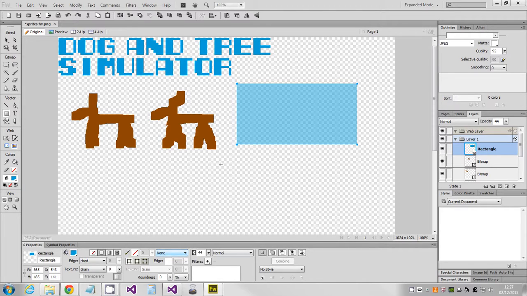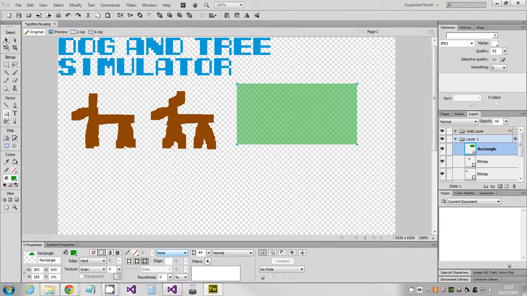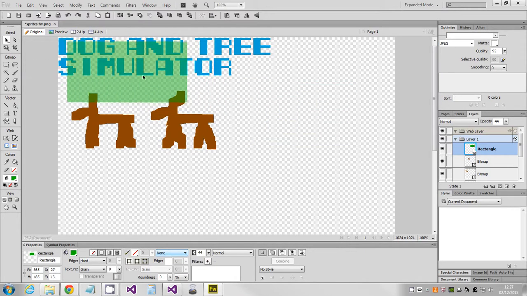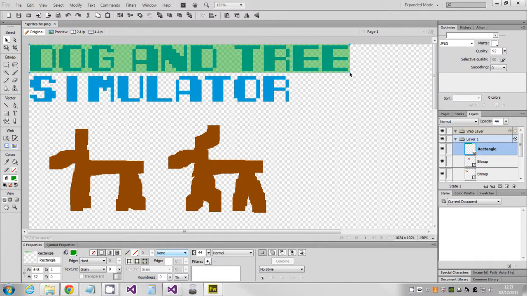So blue's probably not a good color to use because my dog and tree simulator text is in blue. So I'm just going to change the color to something hideous like green. And then all I've got to do is move that over. You might enjoy zooming at this point. Move that over the graphic. Okay. If you're just doing text, getting it exactly right doesn't matter. When you start doing your graphics and you want collisions, then that's going to matter. So I'm going to do it rough for now. As long as it's completely covered, otherwise I'll get a bit of a chop when I try and draw it